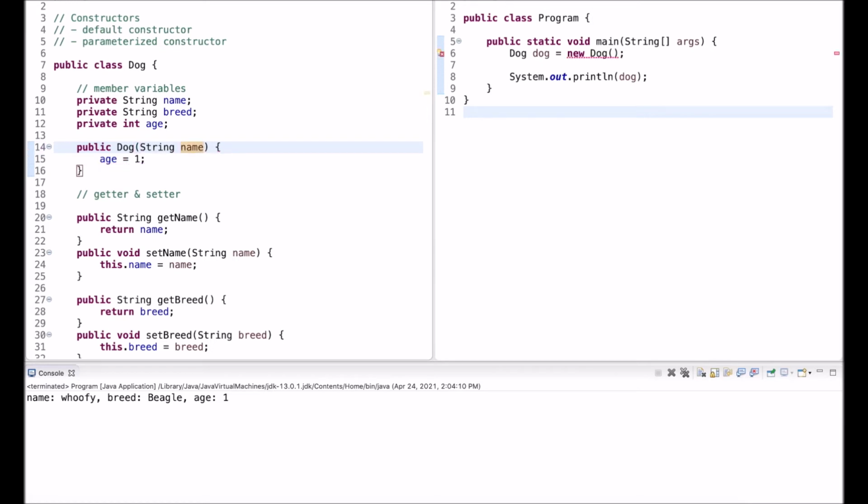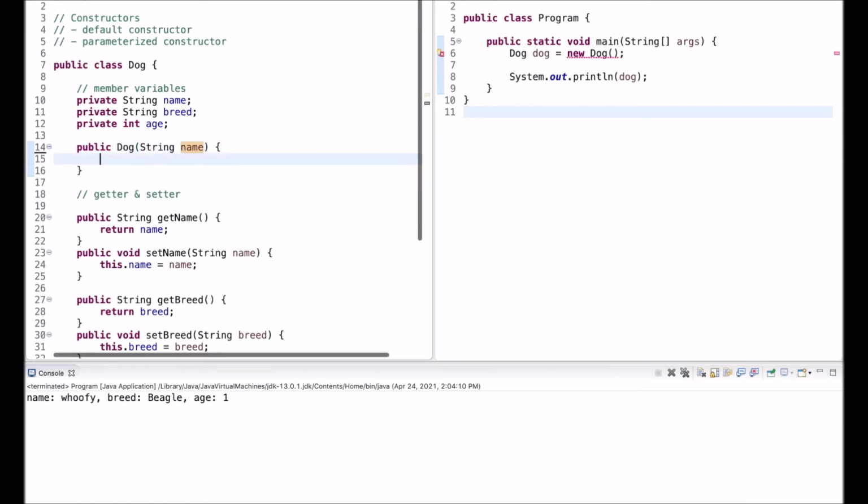That means every time a dog is created, a name has to be provided. And so I use here this.name. This refers to the new object. So the new object's name, it's the member variable, and I assign the argument that is passed to it to the member variable. Now I get a compile error over here